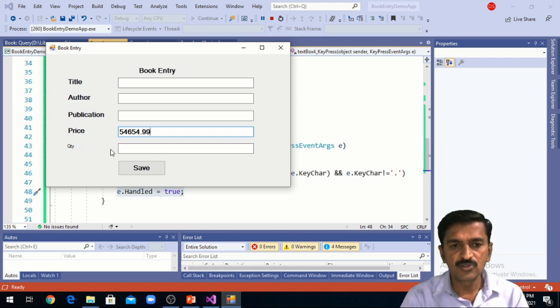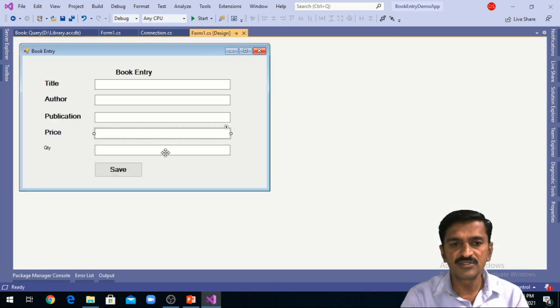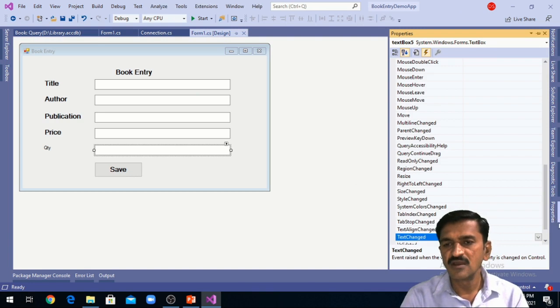Similarly, you can write the code for quantity to accept only digits and ignore the point. So again I'm moving to the design window, selecting the quantity text box, moving to the property window and choosing the events.